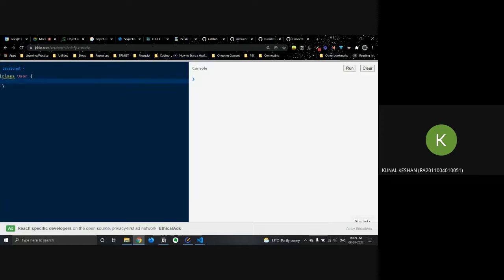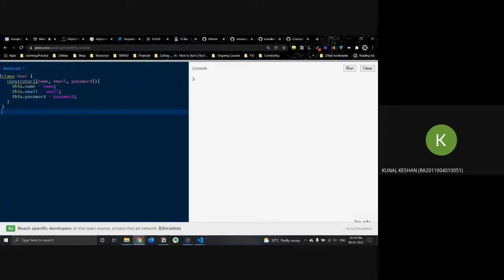So class User and the constructor function that takes in the entity structure over here: name, email and password for now. this.name equal to name, this.email is equal to email, and this.password is equal to password.